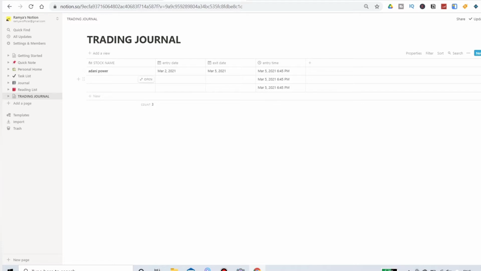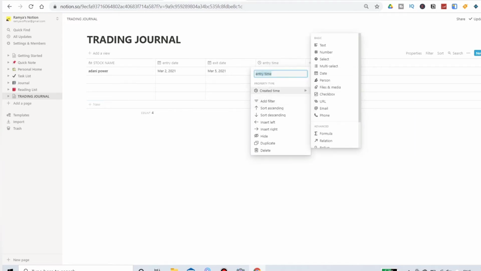So whenever you create a new entry, you will get the exact time, whenever you are entering it here. As soon as you enter your trade, you should come here and do it. Or if you want to do it manually, you can also change it here into only date.